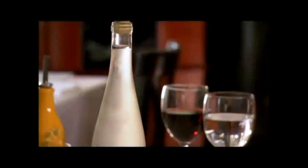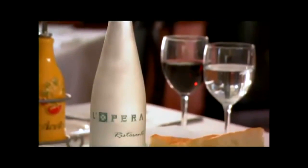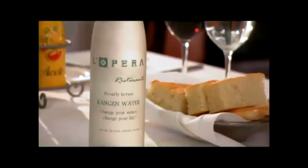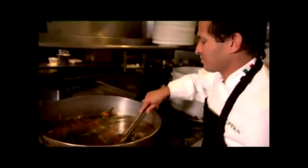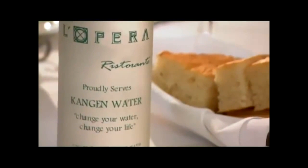I said to my partner, we have to come up with a way of actually creating a niche for it. And at that point, we shopped around to choose the right bottle for us. And little by little, I replaced the brand of natural water that we used to use, and now it's only the Kangen water. What I use here at L'Opera is just quality ingredients, and of course, Kangen just fit